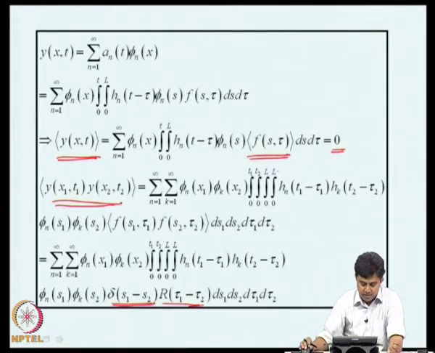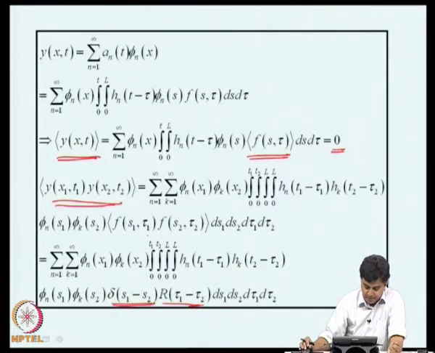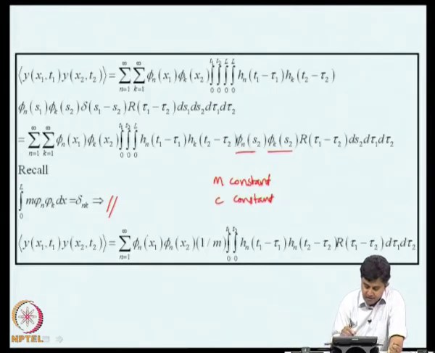That means, in the beam problem that I am considering here, EI, M and C are not functions of x. Earlier I was including that when I considered rain-on-the-roof type of excitation, where M, EI and C were functions of x. So, with this simplification, again we can get this expression with slightly less effort.